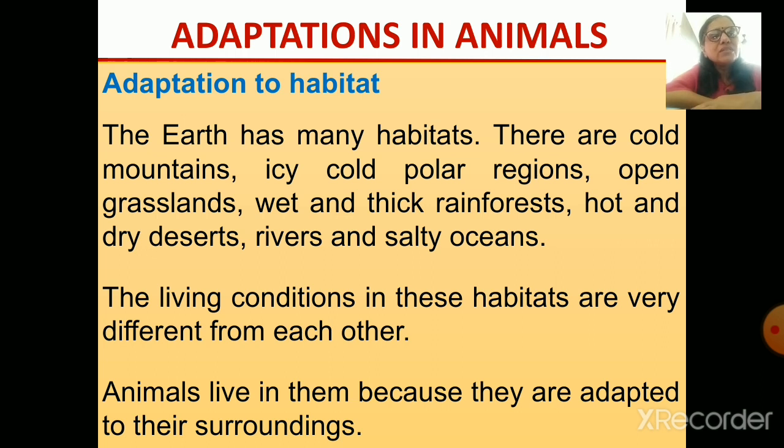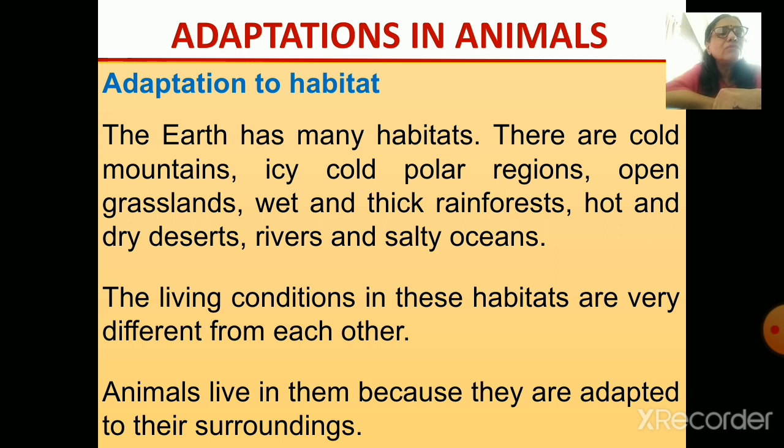The living conditions in these habitats are also different from each other, right? And animals are able to live in them because they are adapted to these kinds of conditions.